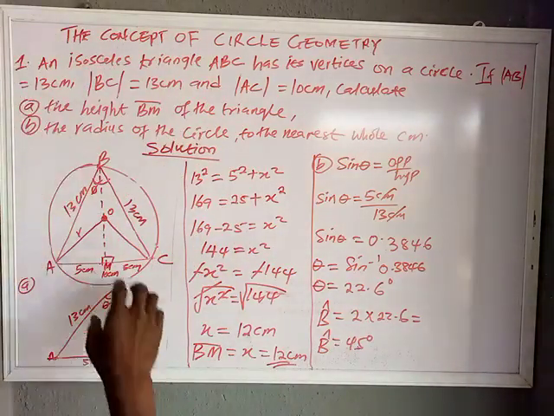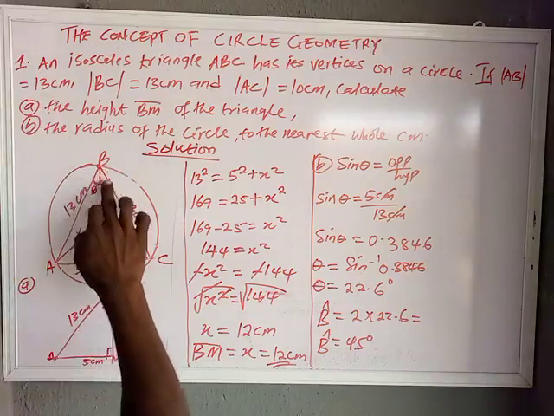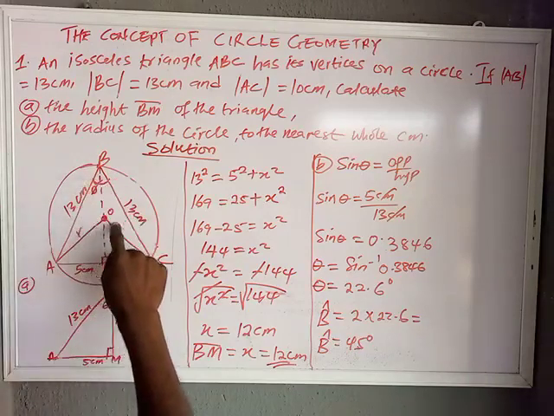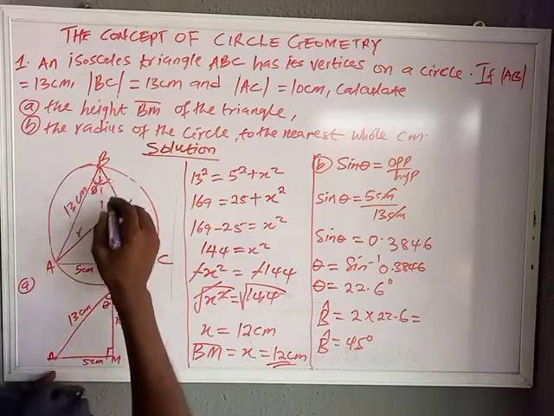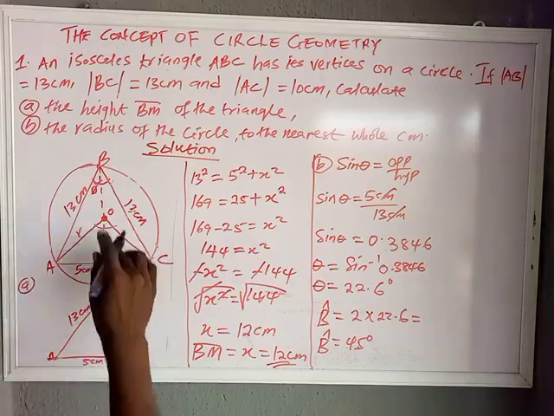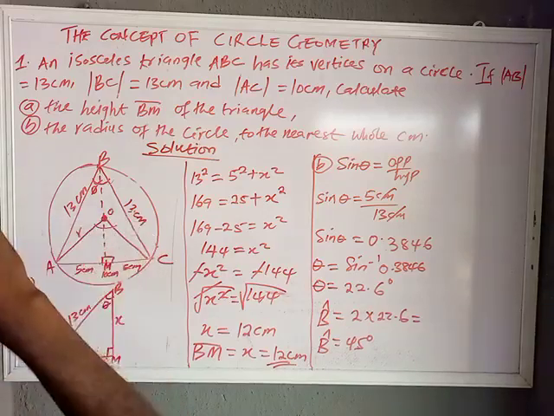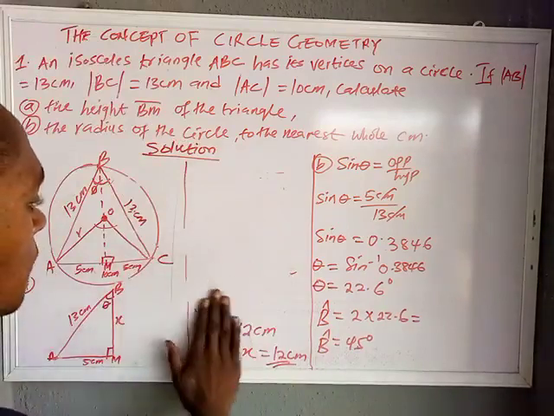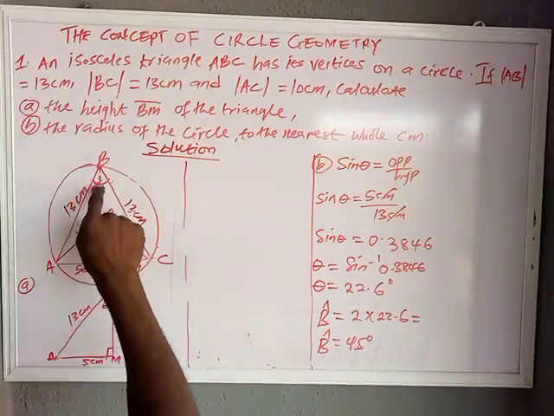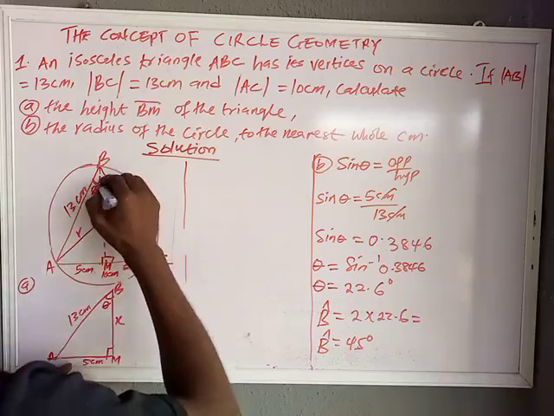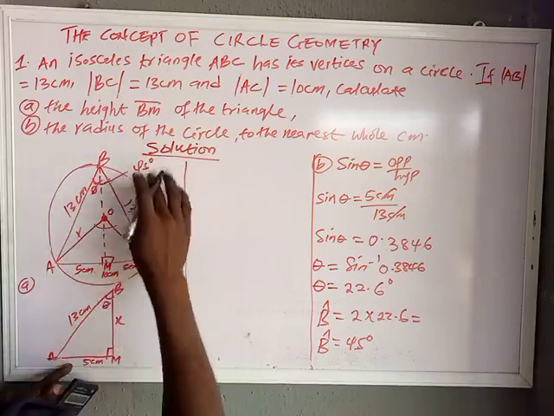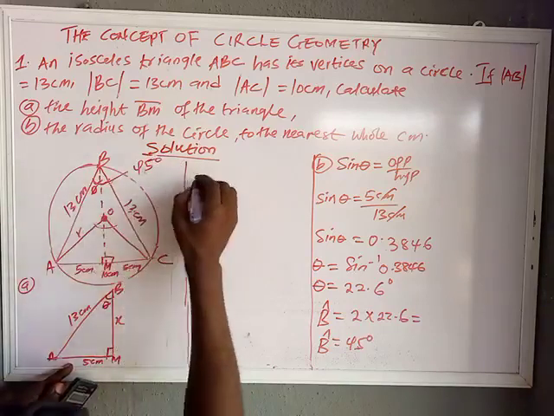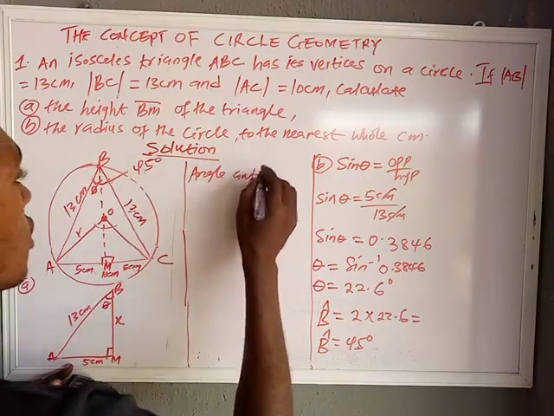Now, if we have gotten the whole of the angle here for B as 45 degrees, now we can use this 45 degrees to get the whole of this angle, angle O, the angle at this point, which is O. Now, the angle at O, permit me to raise this. If the whole of this is 45 degrees, I can use this to get the whole of this, because we have the angle